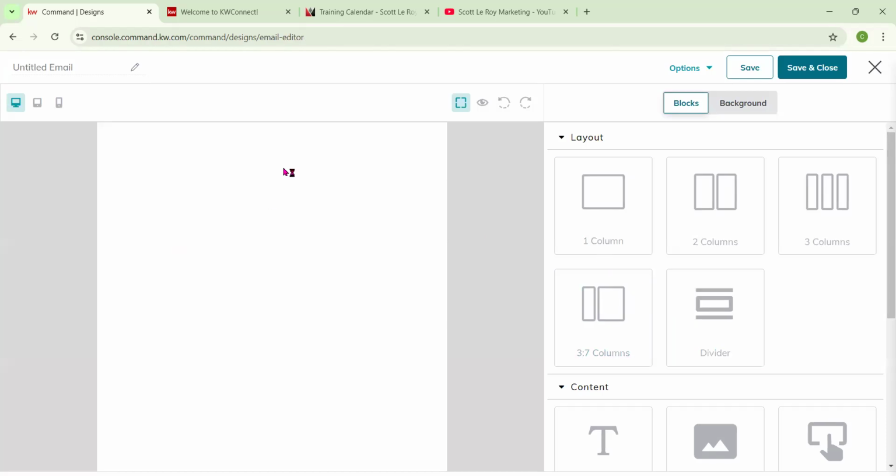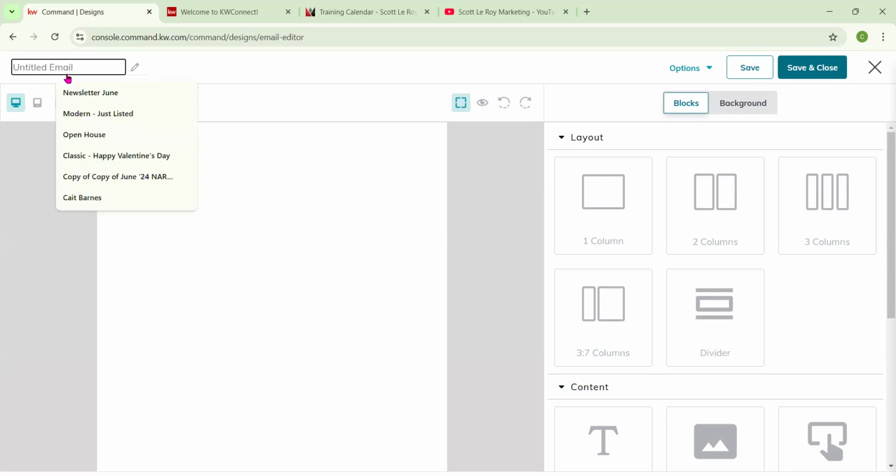Now we are brought into the email design editor. So you'll see that we have untitled email. This is where we can name it. As you can see, it's providing me with my last ones. We'll do newsletter December. I was just doing newsletter because my email here is not going to be very pretty